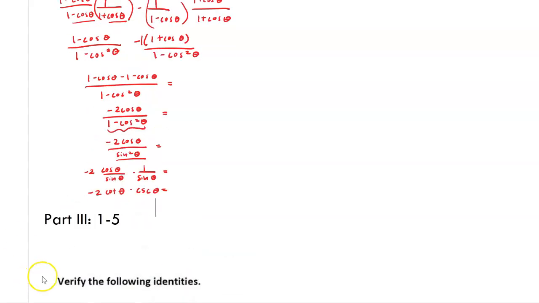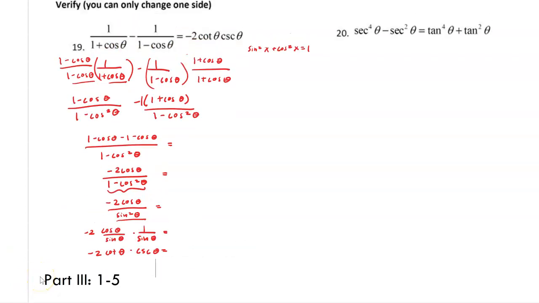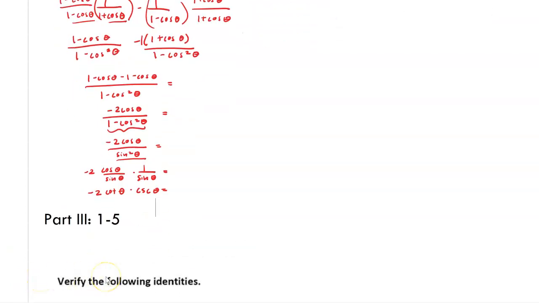Okay. And the reason I can do that is because there's a 2 sine of theta. And the -2 is in the front. And then that becomes -2 cotangent of theta times cosecant of theta. So if you look up here at the original right-hand side, it looks exactly like that. So that's -2 cotangent of theta